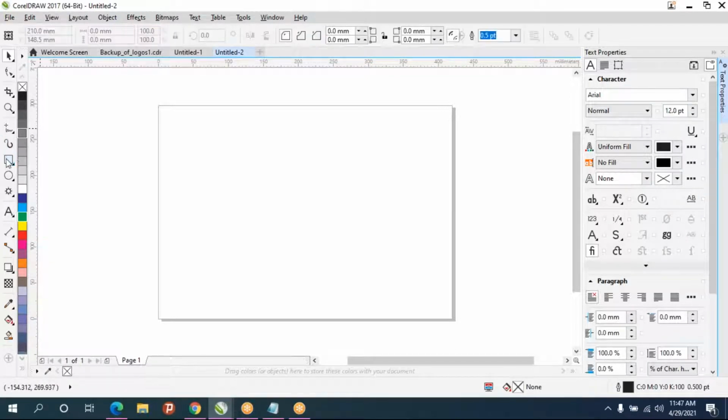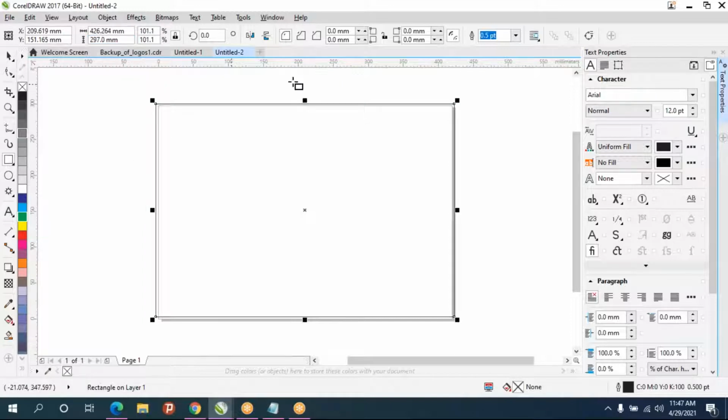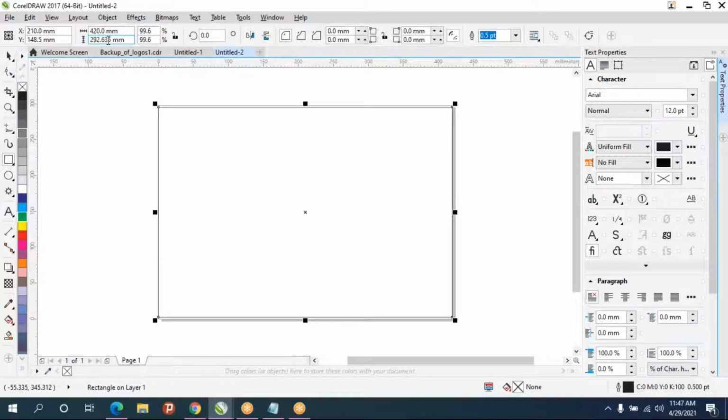Okay, so I'll create the rectangle shape also according to that only, which is 420 into 297. Give enter. So now this is exactly according to the page size, and press P. So automatically it will align to the page center. So now this is aligned exactly to the page center, and you can give some color to that.